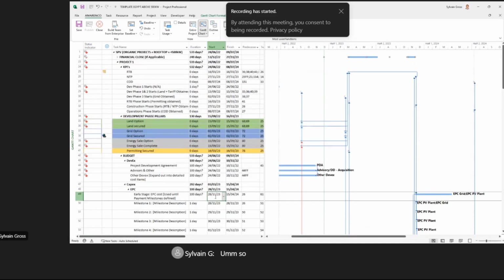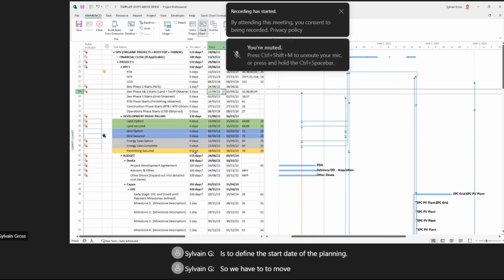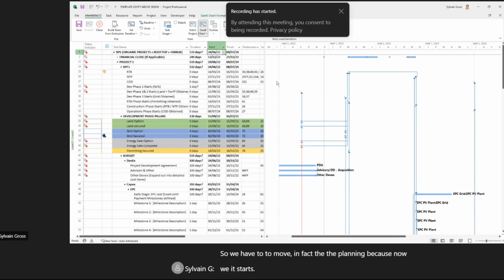So imagine that we have to initialize a new planning. The first thing to do when we want to initialize a planning is to define the start date of the planning. So we have to move the planning, because now it starts in